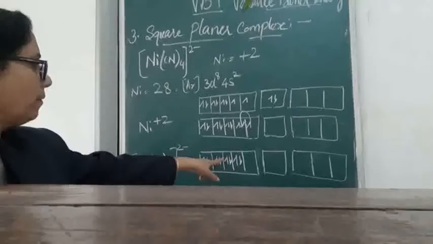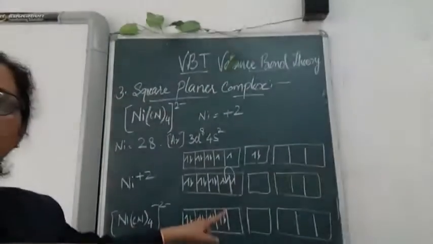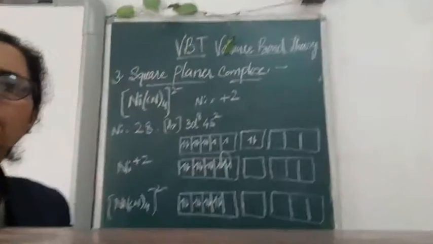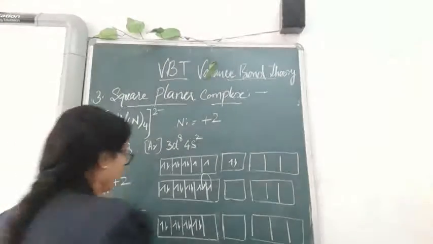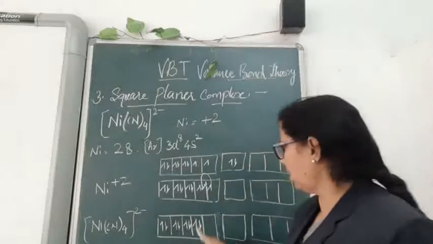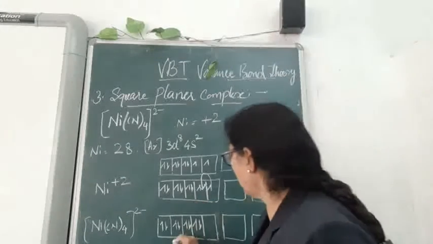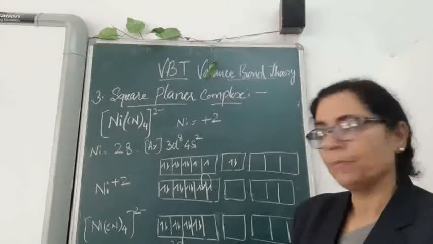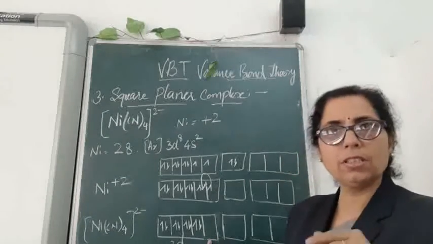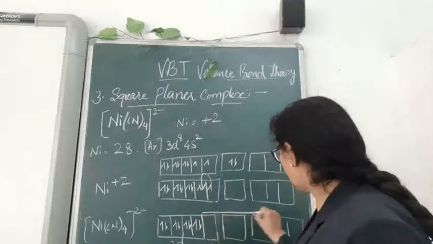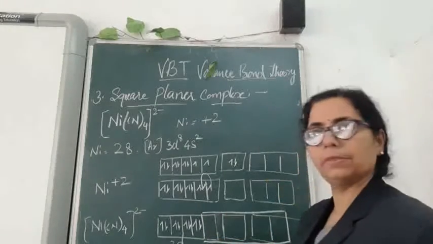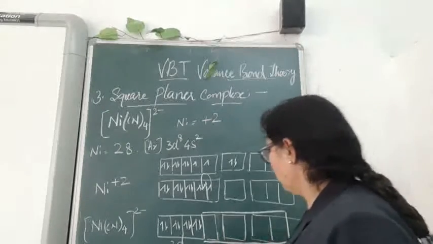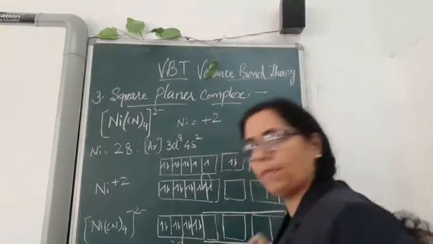Okay, out of these 5 orbitals, what I will show you after writing this, children, please cooperate with me, if I put it in this way. Okay, thank you. Now after putting this electron here, we are getting these orbitals. This was our 3d orbital, this is our 4s orbital, and this is our 4p orbital. Now one d orbital, one s and 2p orbitals overlap. Not all 3p orbitals. dsp2. Now you will get dsp2 type of hybridization.